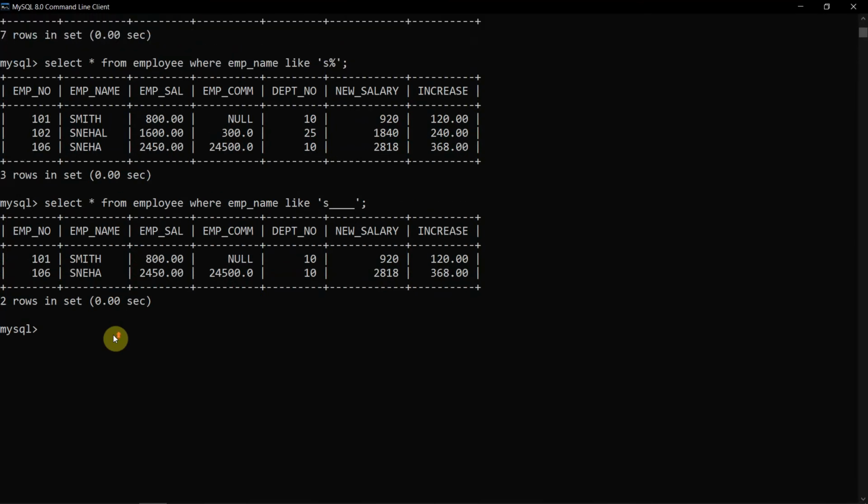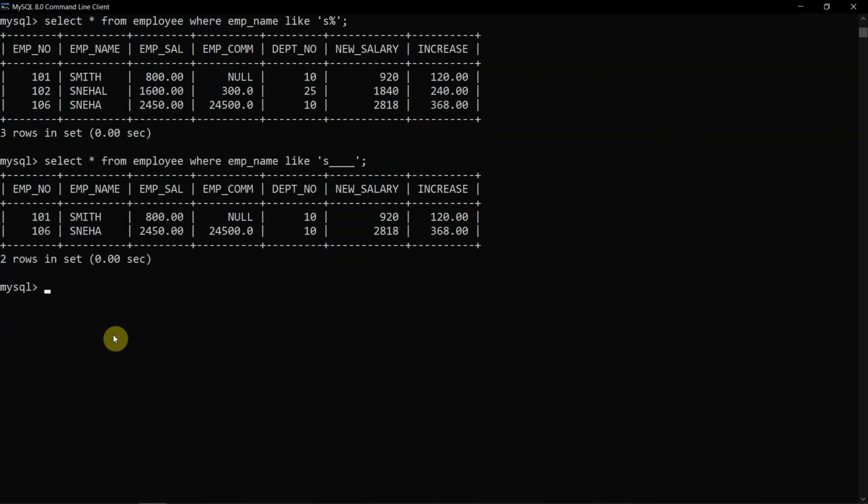Now suppose I want my data to have E at the third place. So I will write it. Suppose I want my third letter to be E and the first letter to be S. But the second letter can be anything, and I am not bounding my word to this many letters only.